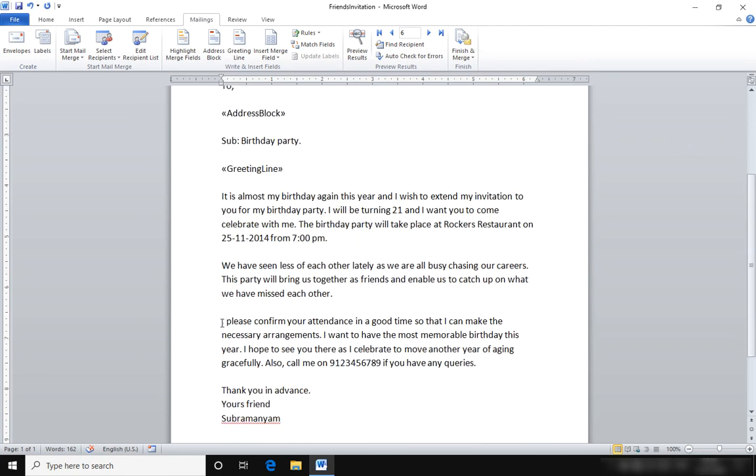In the last paragraph of the content, we have to display the first name here. So now I will go to insert merge field, and from here when I click on the down arrow, I have the list of headings or the columns for which I have the details stored in the mailing list. Now I want to put here the first name, so I'll click on first name. So first name comma, and after that rest of the content.